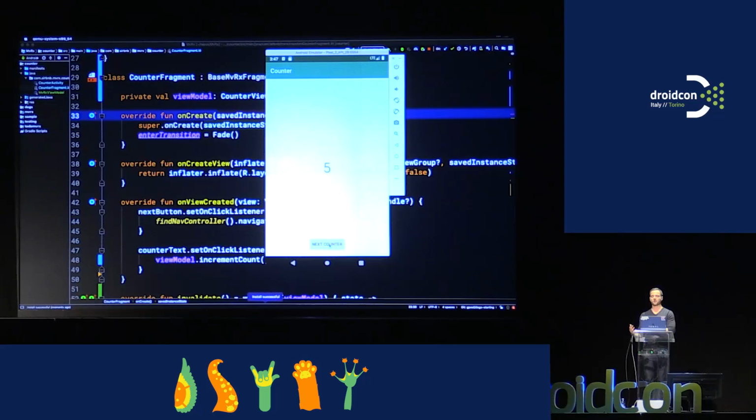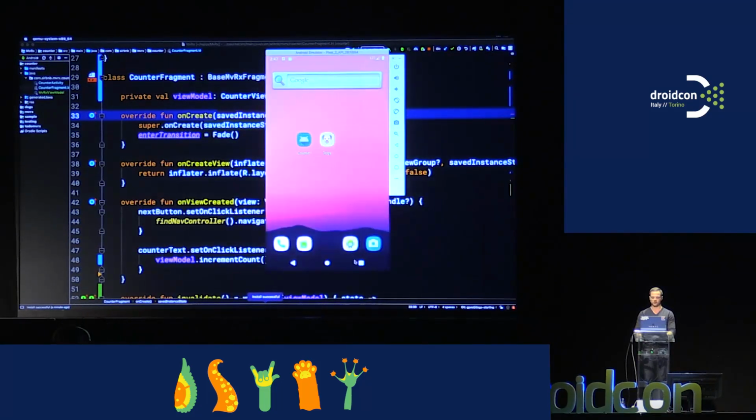So when we increment the counter, go to new screen, it stays the same. Now, a lot of this stuff that works under the hood, people only think about within the context of rotation. But one of the more edge cases for Android is that when your app is in the background, Android might actually kill your process. But first, it will give you a save instance state bundle to save some stuff that you can actually restore in a new process. And pretty much no one actually handles this correctly, but MvRx actually makes that a little